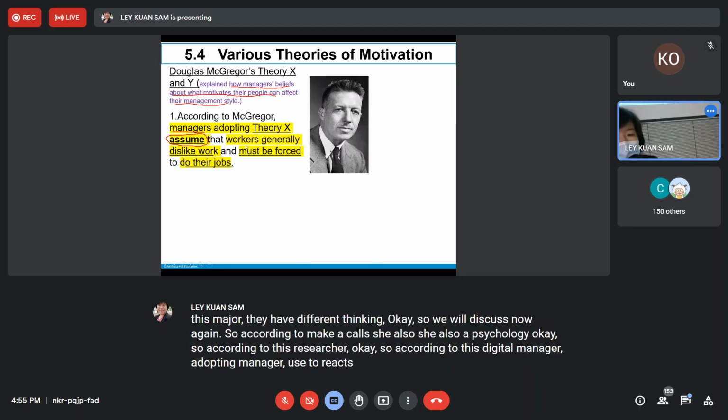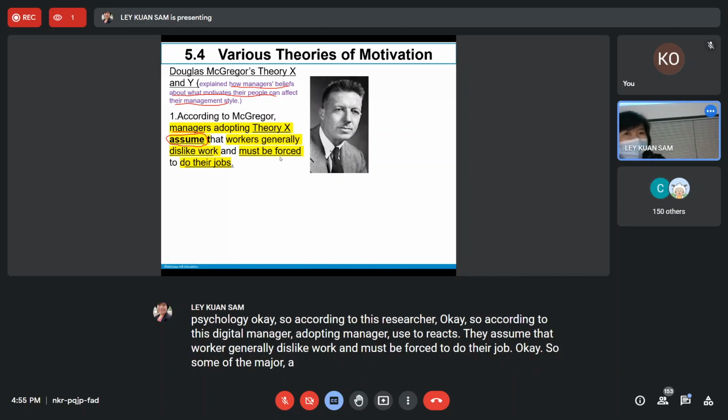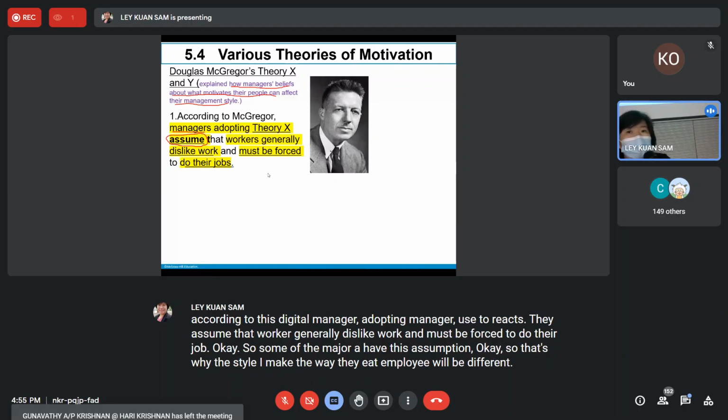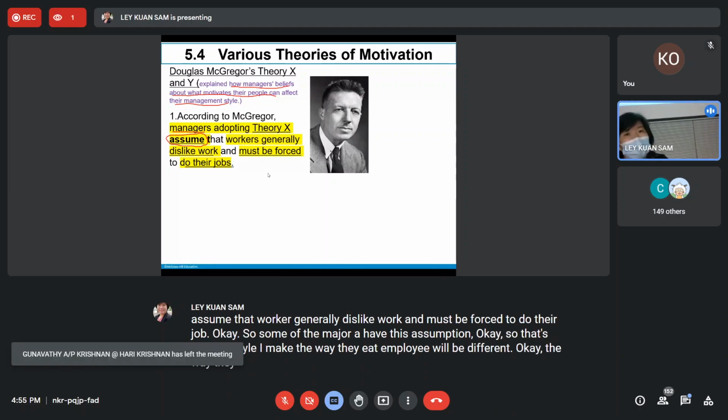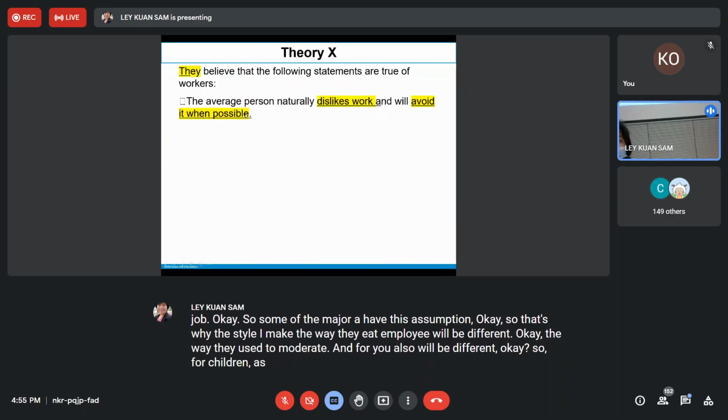They assume that workers generally dislike work and must be forced to do their job. Some managers have this assumption, so the style in which they lead employees will be different, and the way they motivate employees will also be different. For Theory X managers, they believe that